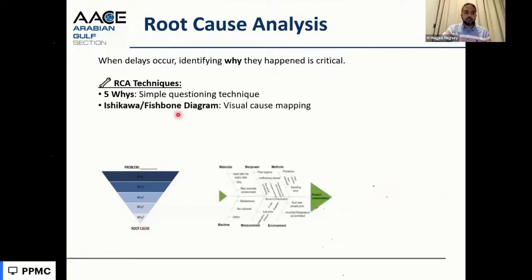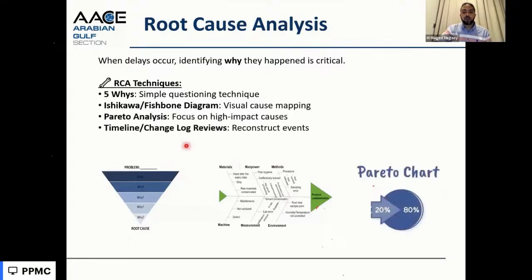So one of them is the 5 Why question. One of them is the fishbone diagram. Sometimes we don't have one reason, we have many reasons and sub reasons until we go to the root cause. And to focus on the productive causes, we can go to the Pareto